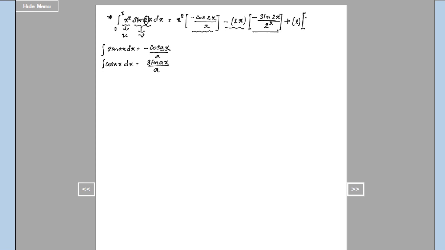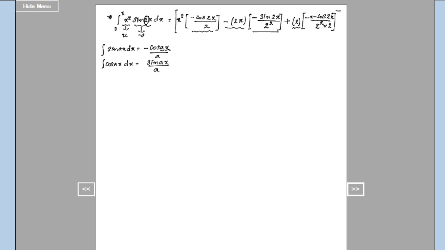So what we have now is minus 1 by 2 square. The integral of sine is minus cos, so it is minus cos 2x divided by 2. Already we have 2 square, so 2 into 2 square becomes 2 cube. Let us write it in the next step. The derivative of 2 is 0, so I am stopping Bernoulli's rule up to here.